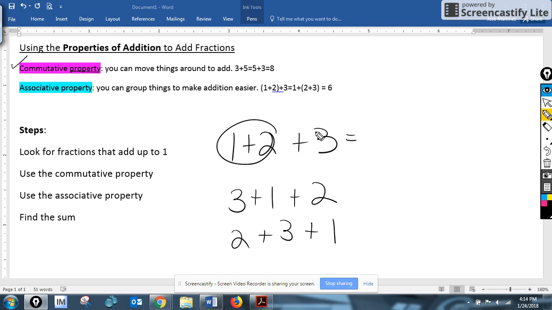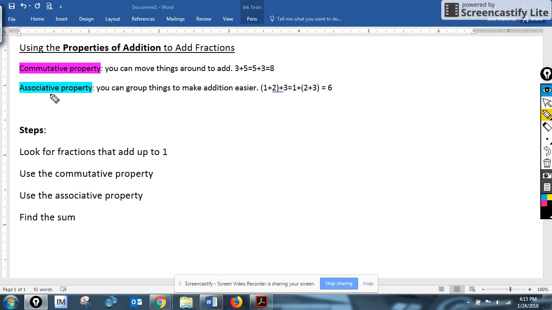1 plus 2 is 3. 3 plus 3 is 6. 3 plus 1 is 4. 4 plus 2 equals 6. And then that is also going to equal 6. That's the commutative property. Now, the associative property is a rule that says I can group things with parentheses to